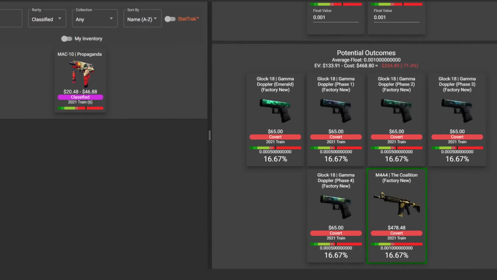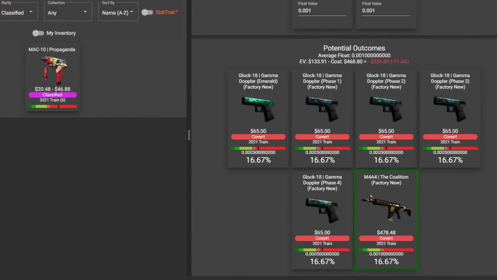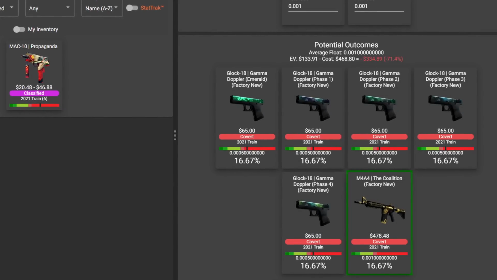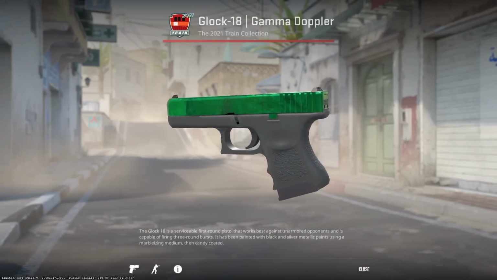What we got instead was a 16.67% chance at the M4, and an 83% chance of the Gamma Doppler. This is due to each individual phase, including the Emerald, getting its own outcome in trade-ups. Whether this was a mistake or not, we will not know until Valve add another Doppler or Gamma Doppler skin